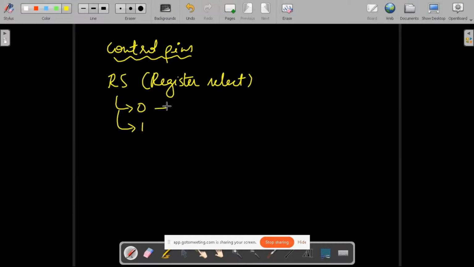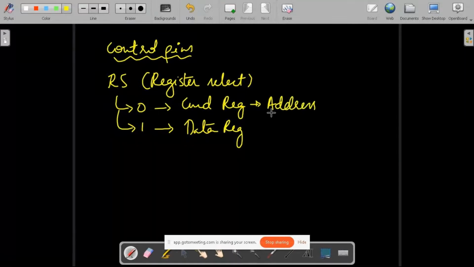When it's equal to 0, command register will be selected, and when it's equal to 1, data register will be selected. When RS is equal to 0, command register will be selected, and command register is the one that dictates the address where data has to go and sit.